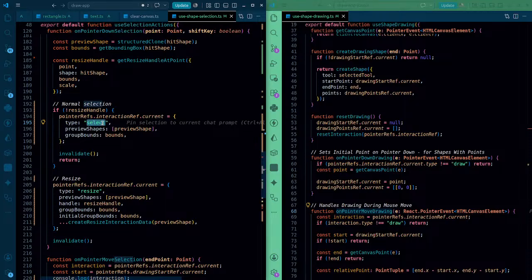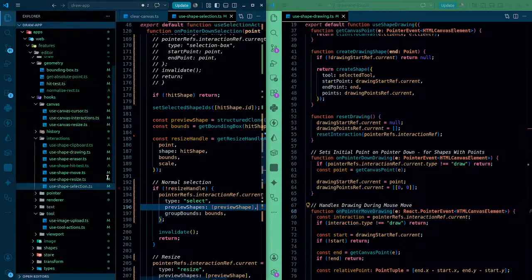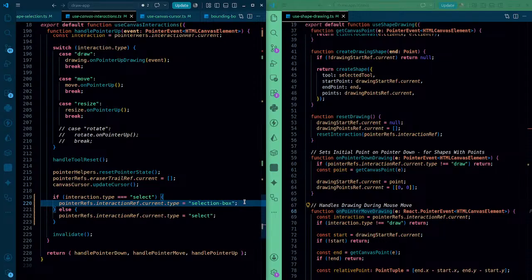so as soon as I click down, there is no hit shape, nothing's gonna happen because it will not let it run. There is no hit shape, it will return. But if there is a hit shape, this whole logic will run. This will become select, and if that is select, it will become okay. Selection box. If that is select,